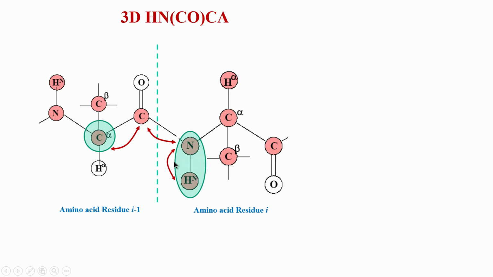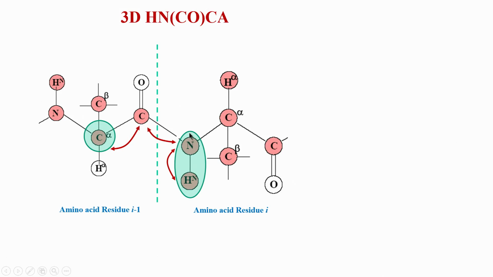So, you can see this is exactly complementary to what we saw in the HNCA case. In HNCA we correlated this with this and this. But in this experiment, HNCO-CA, we are going exclusively to I minus 1, we are not going to the self. And how is that being done? That is carried out by exploiting these coupling values. If you see carefully here, this structure, NCO-CA, does not exist here; it is NCA-CO on this side and NCO-CA on this side. So, very interestingly, this is not the same as this part.